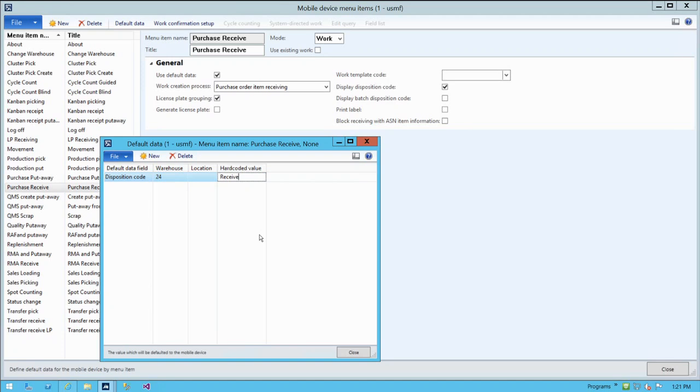Now, having that disposition code of receive is really valuable. And the reason for that is that if you'll remember back in the discussion of our disposition codes, that'll default our inventory status. So I've said set the inventory status to receipt by default. What that does for me is it makes that inventory sitting at the receiving dock unavailable for sales orders when they go through the reservation logic. If you'll remember back on the reservation hierarchies,